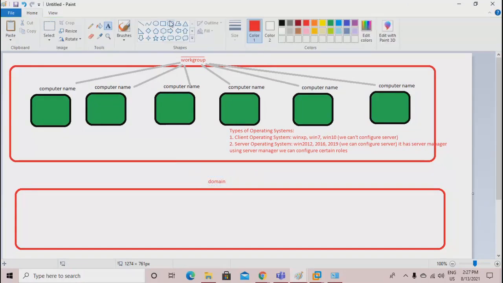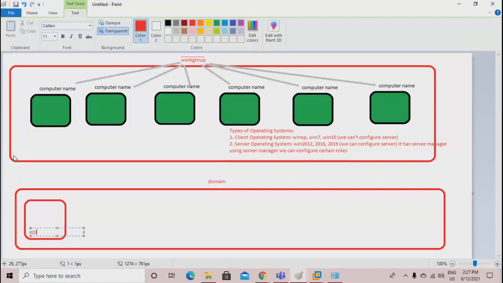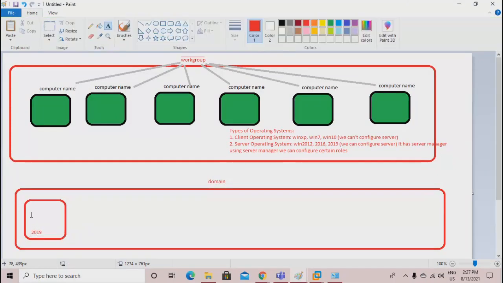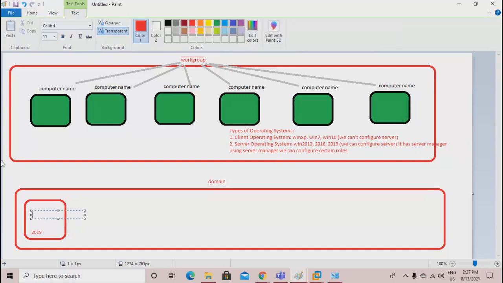Now, in this domain, you should first have one system with a server operating system. So this is your laptop, desktop, or server. In that you have an operating system like 2012 or 2019. And now this can be configured as a domain controller.